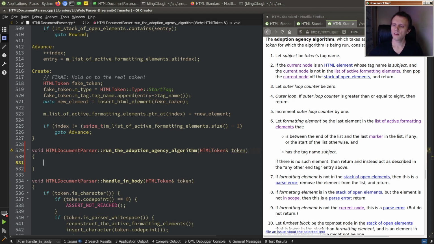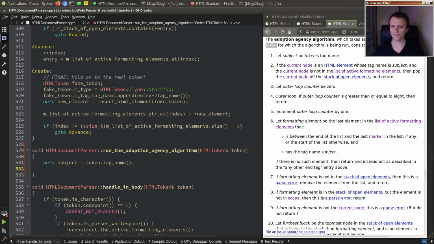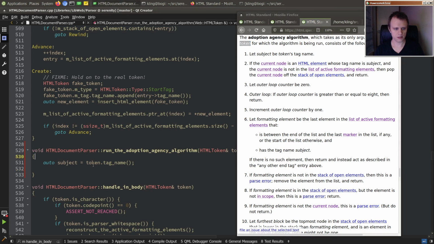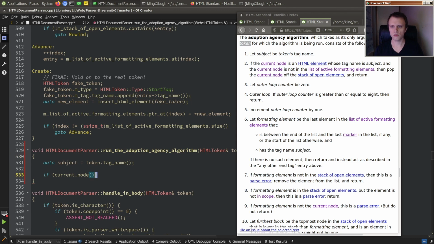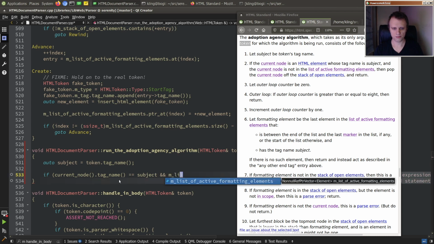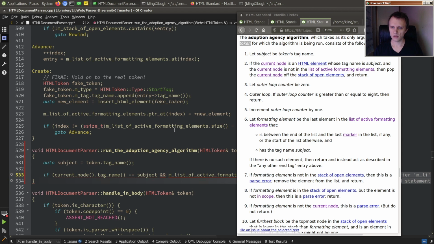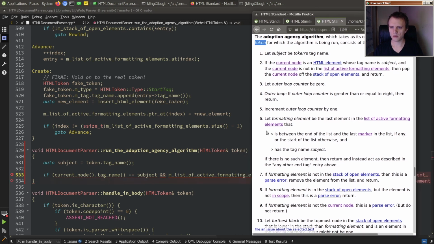It takes as its only argument a token for which the algorithm is being run. Step 1. Let subject be the token's tag name. Step 2. If the current node is an HTML element whose tag name is subject, so if current node dot tag name is subject, and if the current node is not in the list of active formatting elements,